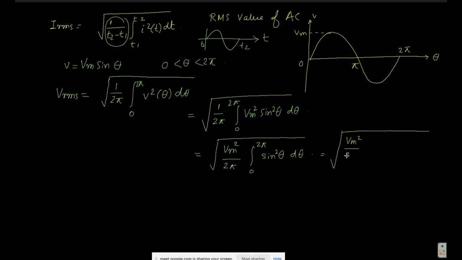That is Vm square by 2 pi, integral from 0 to 2 pi, of 1 minus cos 2 theta by 2, d theta. All of you know this, right? The integration of sin square theta is 1 minus cos 2 theta by 2. Okay, so if you put in the values,